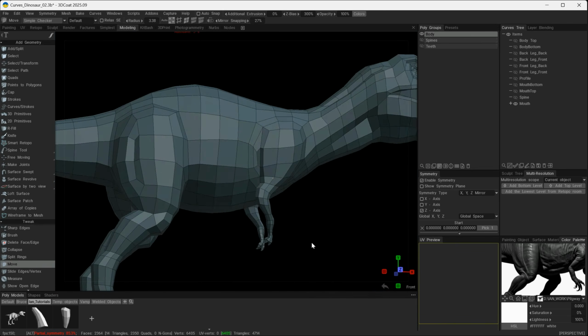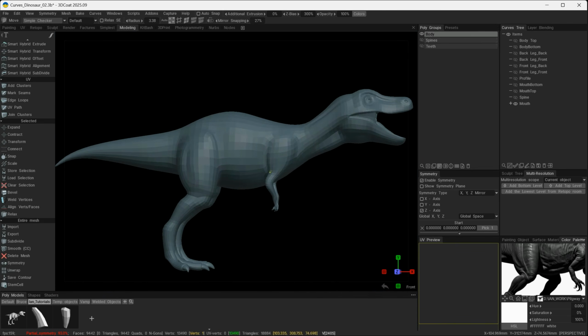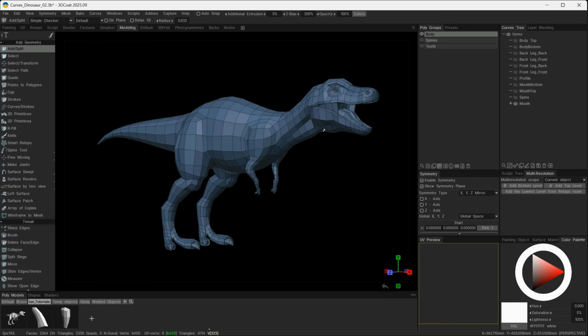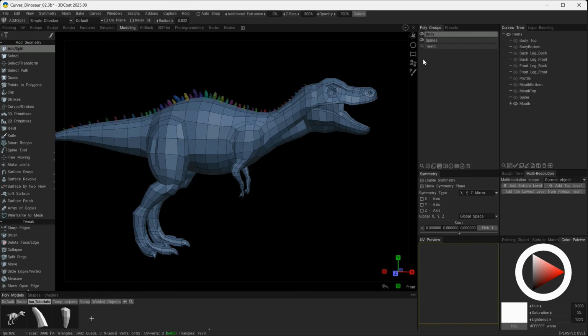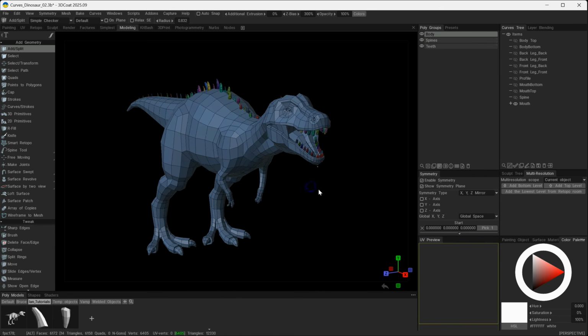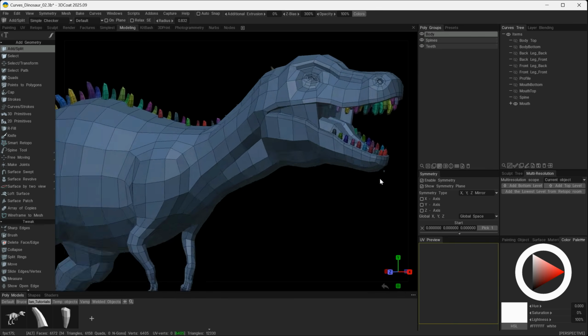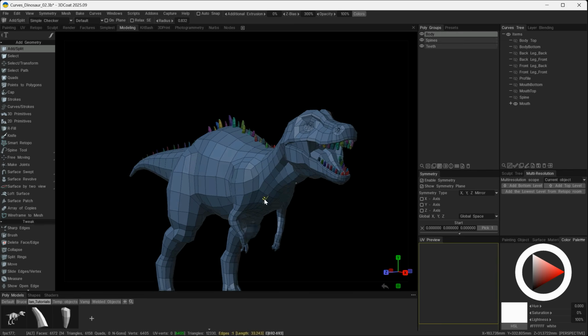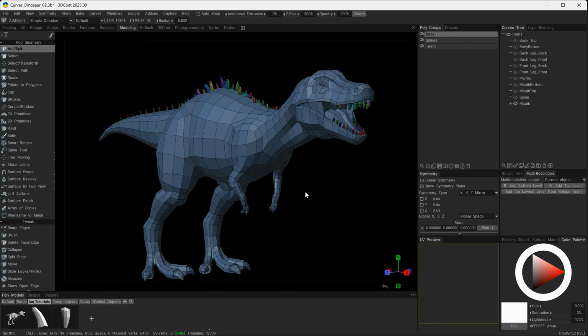Let's take a look at those changes. Yeah, that's a little bit better. It's only a small edit, but it just helps to define that front arm a little bit more. So with those edits complete, I can just check the spines and also the teeth. Now that tongue has been positioned, and we can see everything's fallen into position nicely, and we're ready to take this to the next level